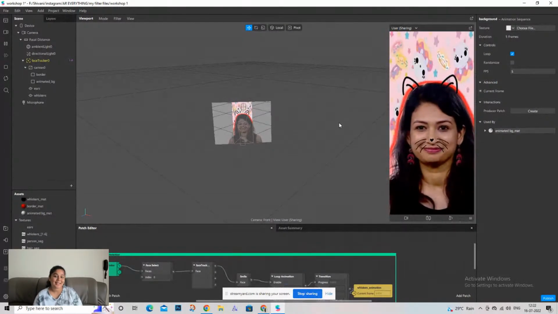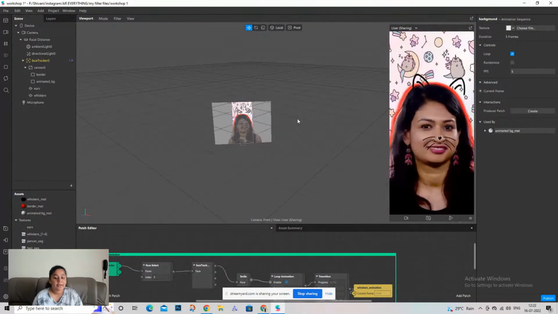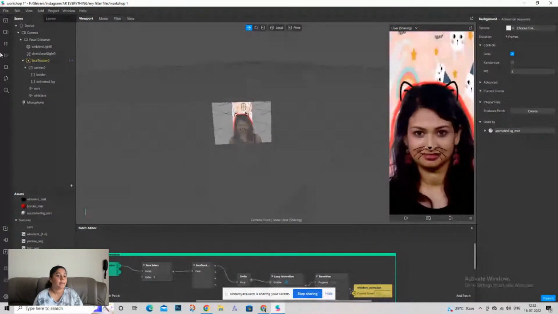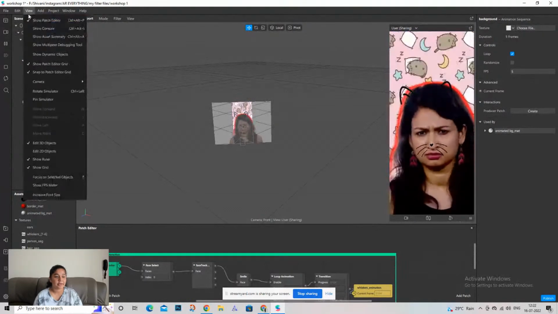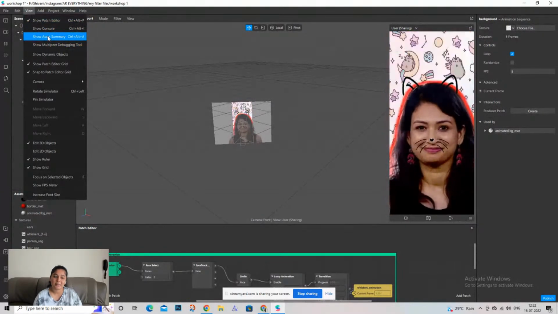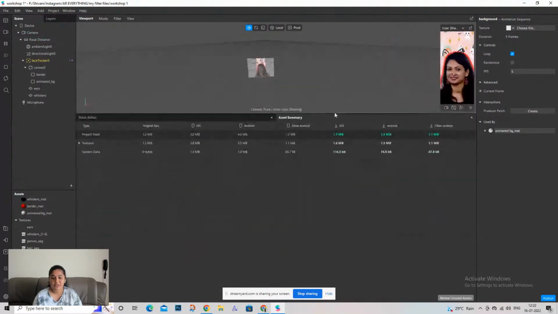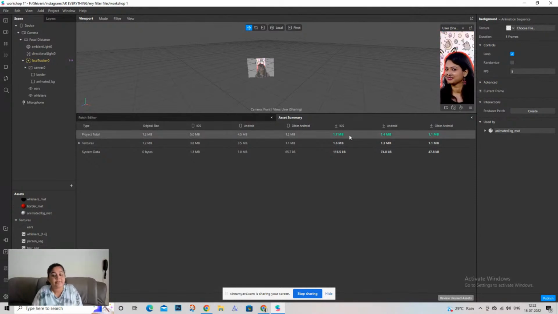So before we learn to upload this effect to Spark AR Hub, there's one thing that we must always check, that is the sizing of the file. So for that, I'm going to go to the view option over here and click on show asset summary. What this does is it shows you the asset summary, the project's file size, and what is the size for various devices. So for example, over here it is 1.7 MB for iOS, 1.4 for Android, 1.1 for older Android,